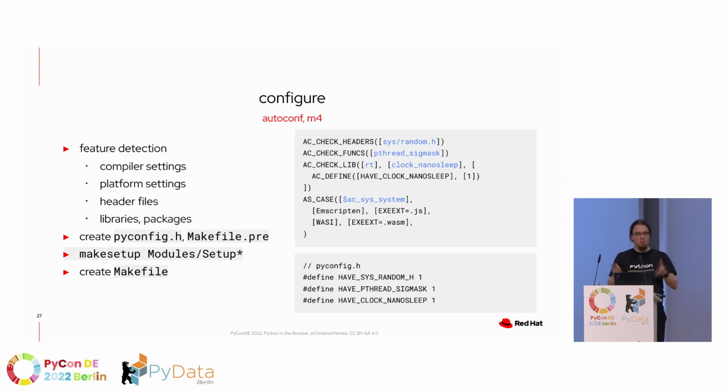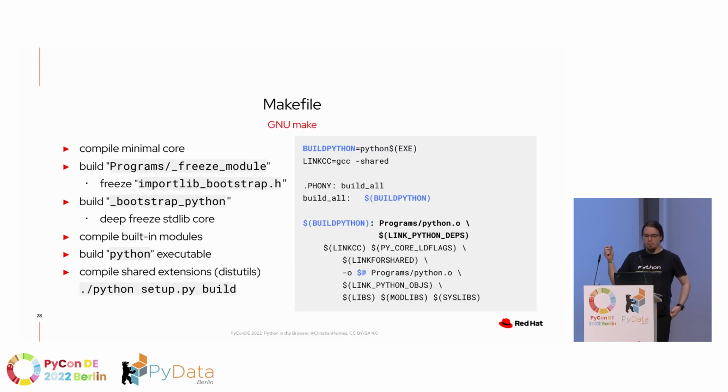So it detects all this information and creates a header file, pyconfig.h. It also creates a Makefile.pre file, which is the first stage of the makefile. Then we pass additional information for modules. These are extension modules, like standard library C extensions. We finally create the makefile. And the makefile then compiles the rest of Python. So we run